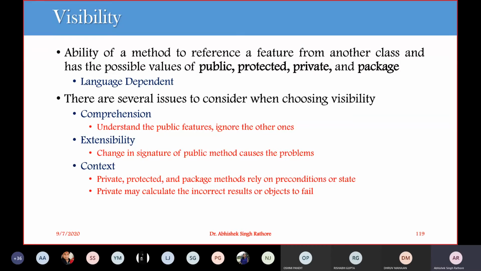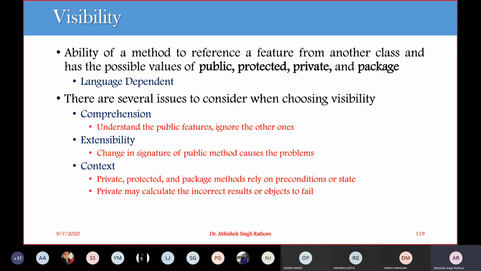Fine. Now, when we are going from the private visibility, it may result in some incorrect evaluation because some data are private and some data might not be private. So when we are accessing some private data, it may cause problems, or sometimes it leads to failure of your objects because your data is not complete enough for your calculation. So we have to identify the context.